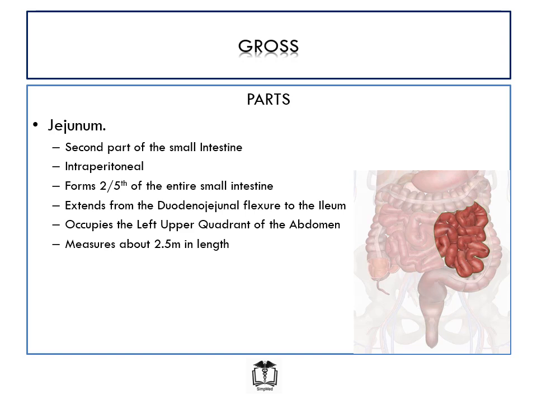Let's move on to the jejunum. The jejunum is the second part of the small intestine. It is intraperitoneal. It forms about 2/5 of the entire small intestine and extends from the duodenojejunal flexure, which is the end of the duodenum, all the way to the ileum. It tends to occupy largely the left upper quadrant of the abdomen, and it measures about 2.5 centimeters in length. It is a fibromuscular tube, just like the rest of the small intestine, and is involved in the process of